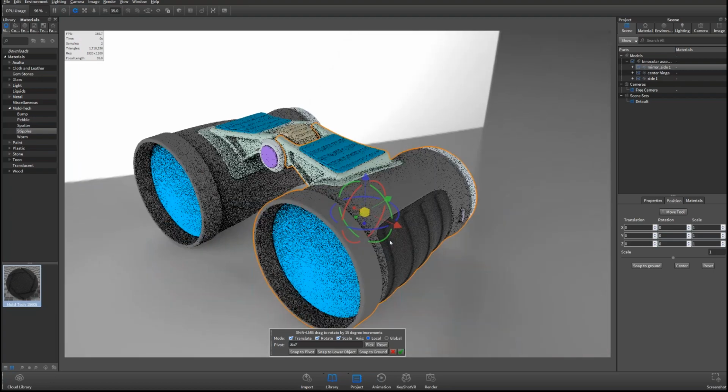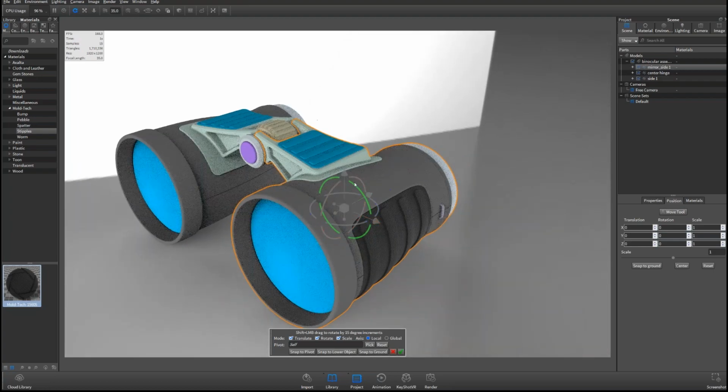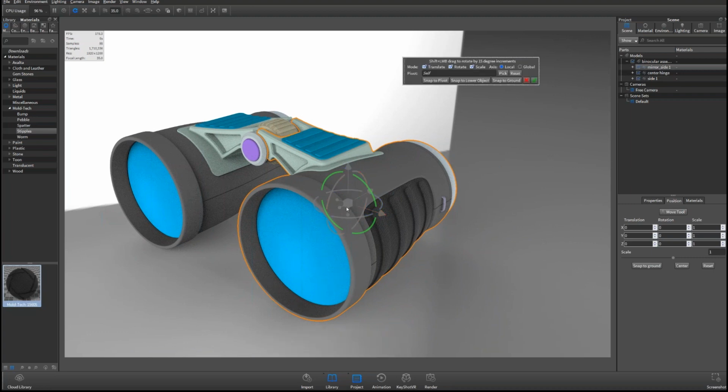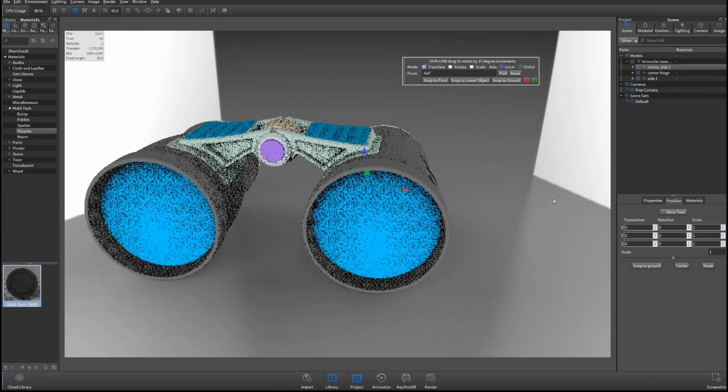What we've done with the Move tool is make some changes so that it's a little bit harder to make accidental moves. For example, the little overlap there between the 2 rotate axes and the move axis is gone, right? Another thing that we've done, one, I can drag my window around, which makes that a little bit easier, but now I can toggle these different translate, rotate, and scale options on and off, right? So if I don't want to accidentally rotate it or scale it, I could just disable those. And now I can move it just by grabbing whatever little arrow I want. Right, so that's something nice that's been changed.